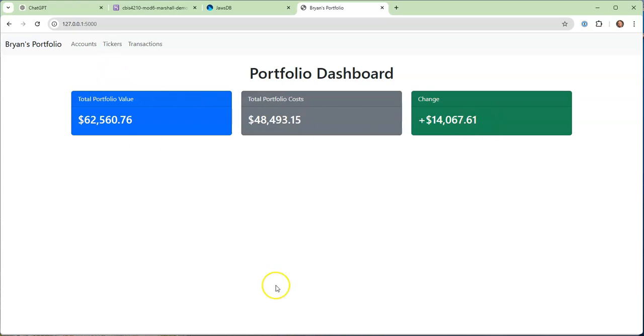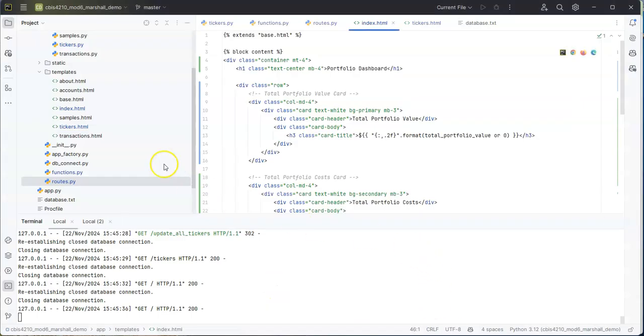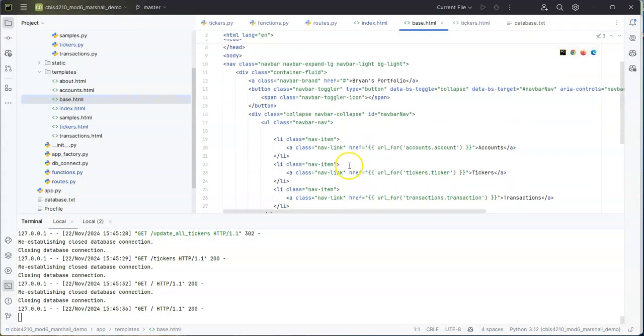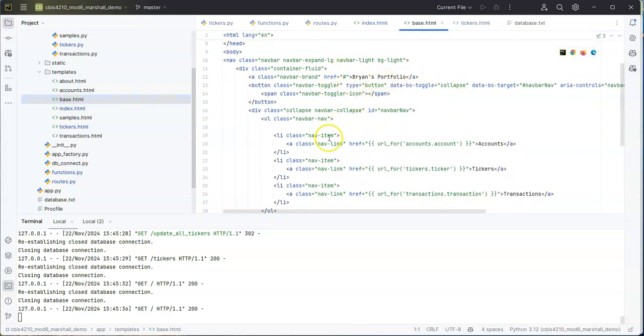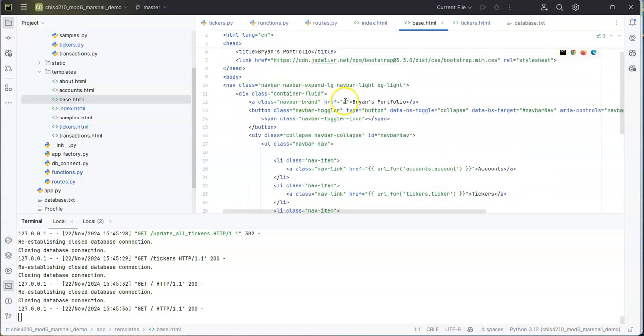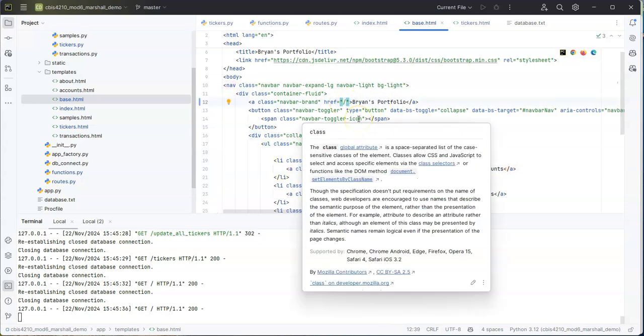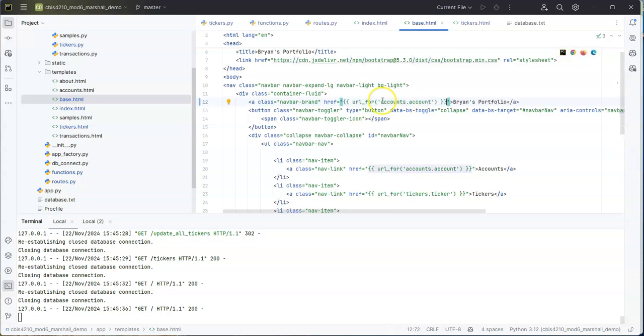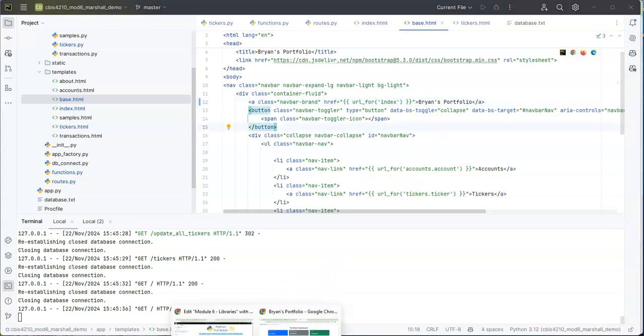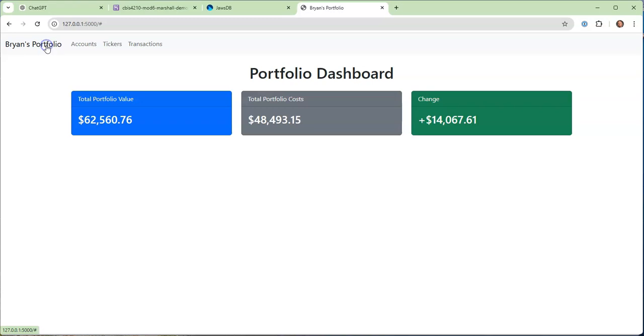Maybe. Okay. Now I want to go into base and I want to make that one fix. So in base, I'm going to set this button here instead of just a slash. I don't really like doing just a slash. I really like putting Jinja in there, and I'm just going to call it index. All right, and then let's see if that works before we send it up. So if I click this, it did not work. Yes, that did work. Okay,